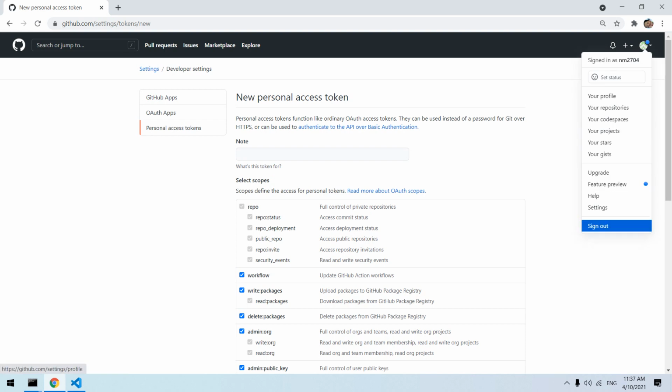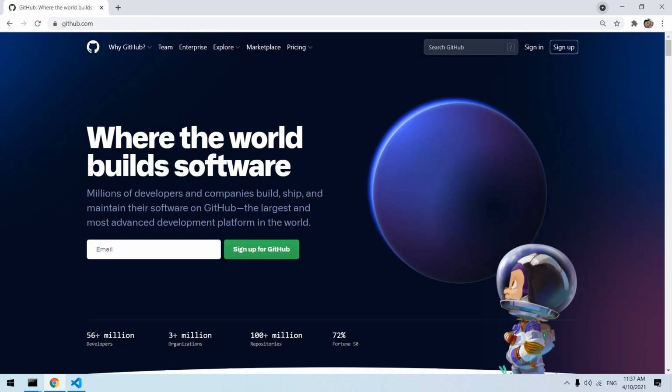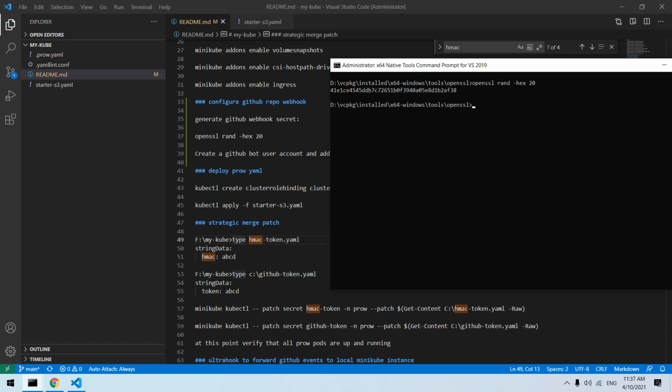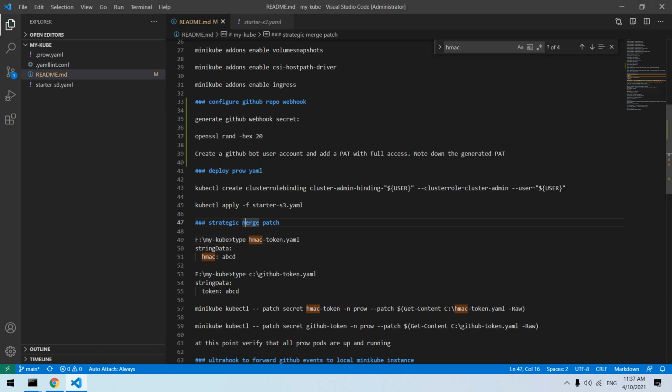Now let's sign out from here. So I have generated the PAT token on the bot account, and on the GitHub repo, which is a different repo, we need to associate the webhook section with the OpenSSL HMAC secret.